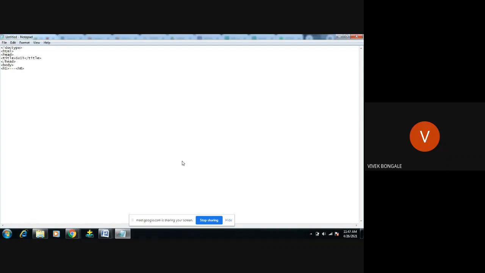So h1 is having higher importance, it will give the size of the heading bigger and bolder if you use h1. If you use h2, it will be quite smaller than the h1. In the same way it will follow for h3 up to h6. h6 is having less importance, right? So in headings, we have 6 levels of headings.